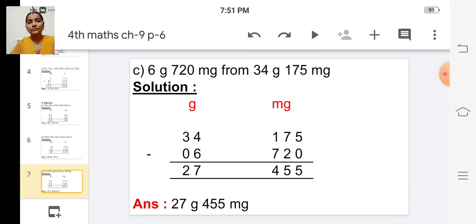Okay, children, have you all understood? In the first step you have to separate the units, and then write their values below their units. If it is addition, it is a normal addition. If it is subtraction, it is a normal subtraction. But you have to be very careful while writing the values according to the place value.